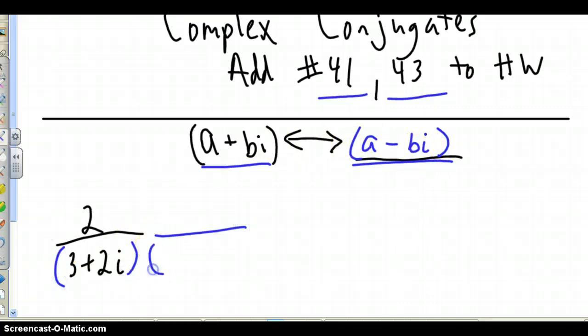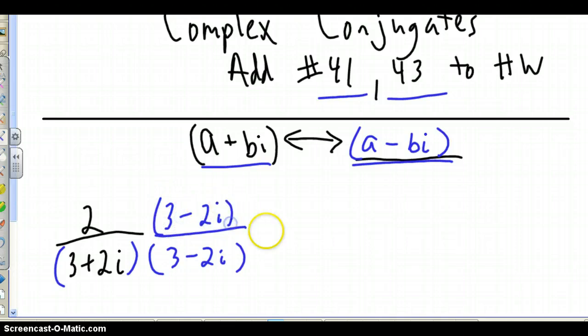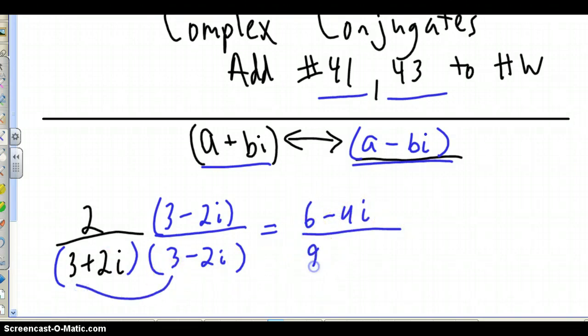If we multiply by the conjugate, see, it's not okay to have I in the denominator. And so we can actually get I out of the denominator by multiplying by the conjugate. So 3 minus 2i instead of 3 plus 2i. So I'm going to multiply by 3 minus 2i. And up top you get 6 minus 4i, if you want to write it that way. Down here you've got first times first is 9. Now inside, outside cancel. So I only have to do first and last here. So I'd say minus 4i squared. I don't know if you're catching on to